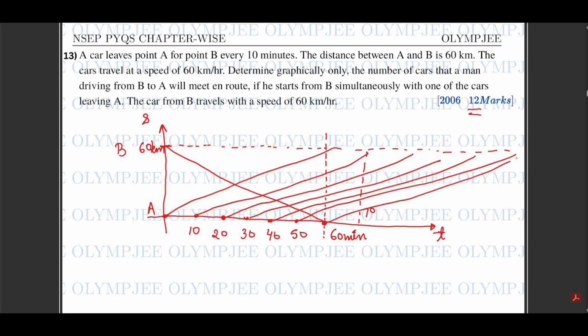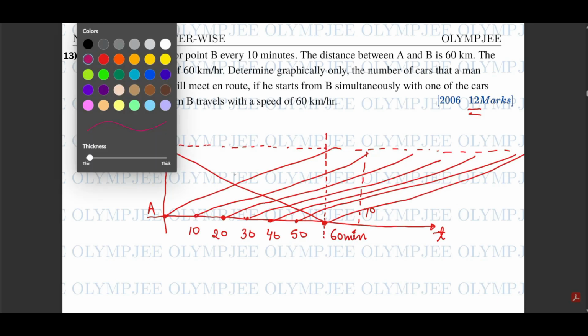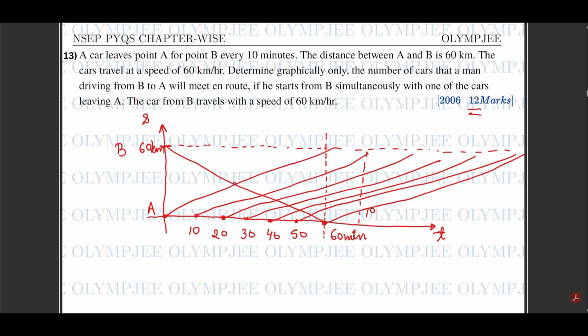It's a very rough graph. So let us count the number of intersections of both graphs. So 1, 2, 3, 4, 5, 6, 7. So many people answer this question as 7 cars,